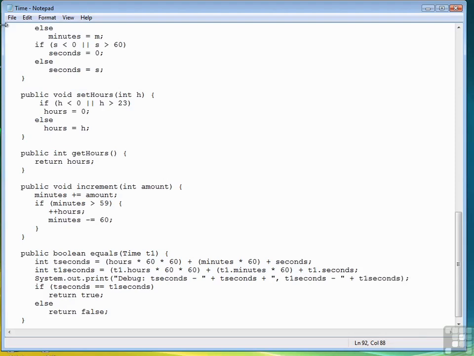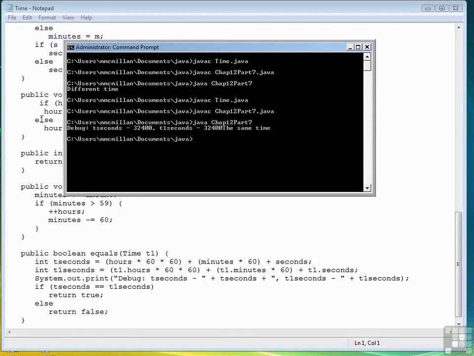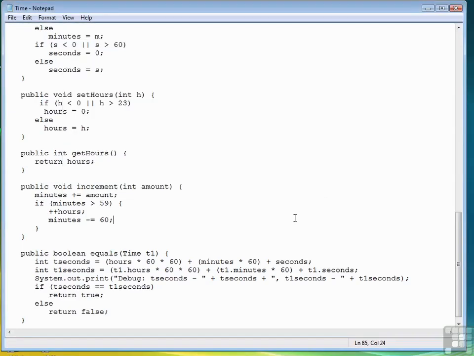Okay, let's save it. Then compile the class, compile the test program again, then run the test program. And by doing that, we seem to have fixed the problem, which I can't see what the problem exactly was, which is kind of crazy. So let's take our debug statement out,